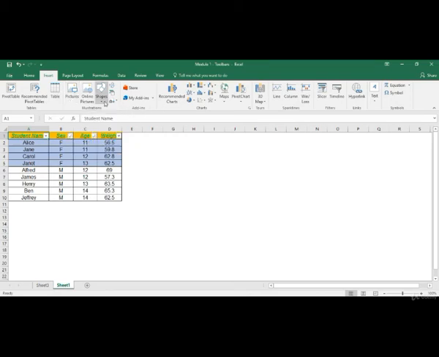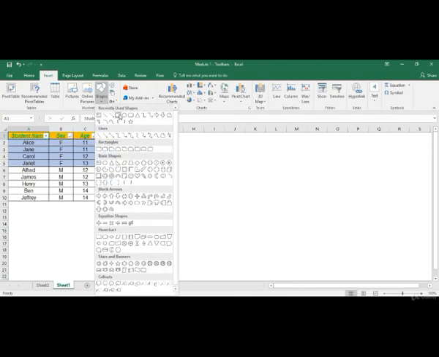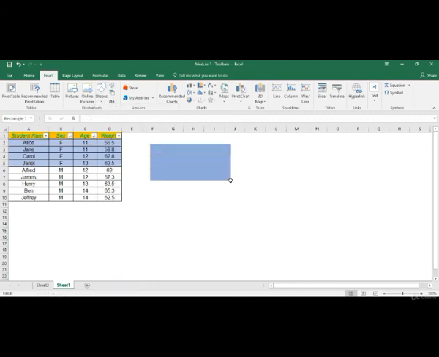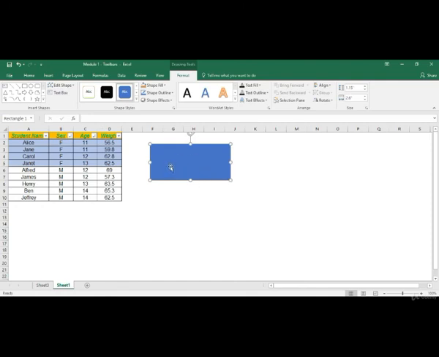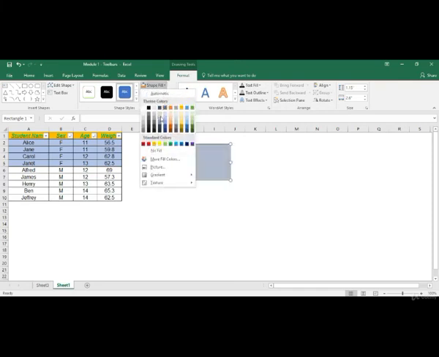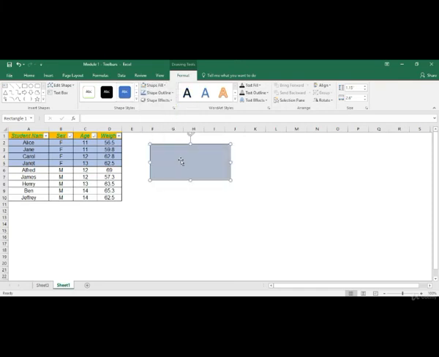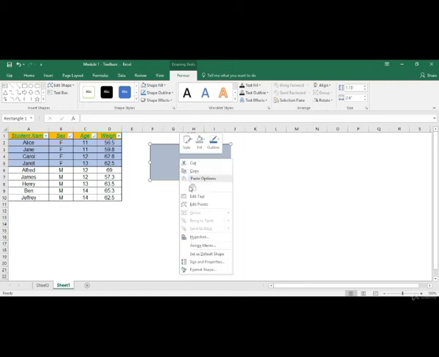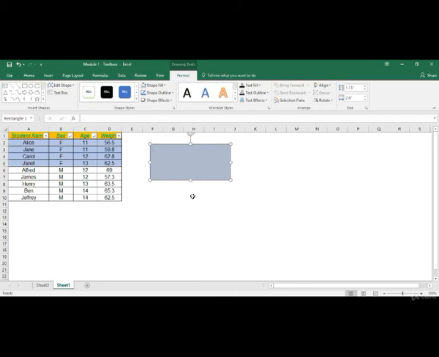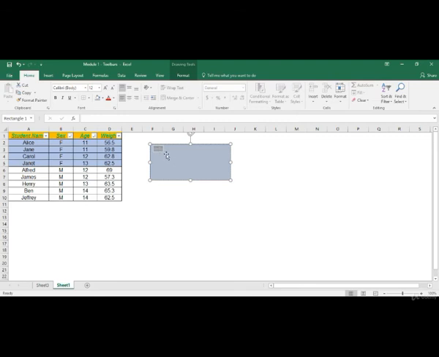You can also insert some inbuilt shapes, like let's say I want to insert a rectangle. You can change the color. Right now the default color is blue, but you can change it from here. Let's say you want to keep it blue gray, and let's say you want to add some text to it. So do a right click and click on edit text. Now in order to change the font, we go to the home group again. Let's say I want to increase the font to 16. I want to align it, do a middle align and then a center align.